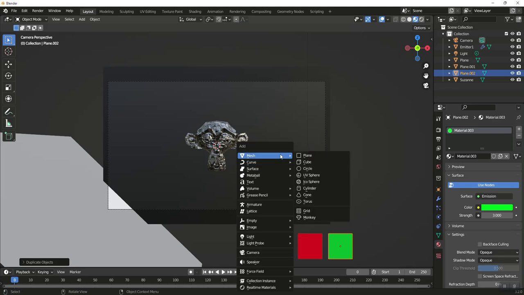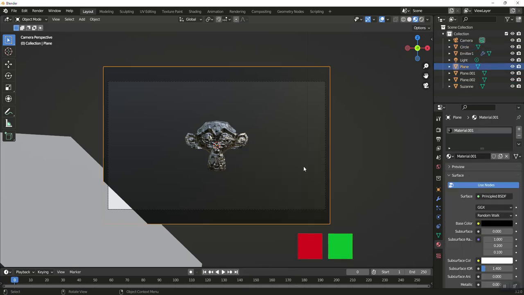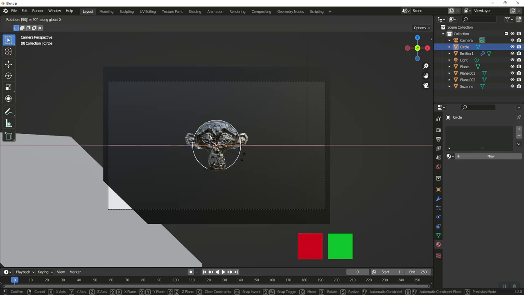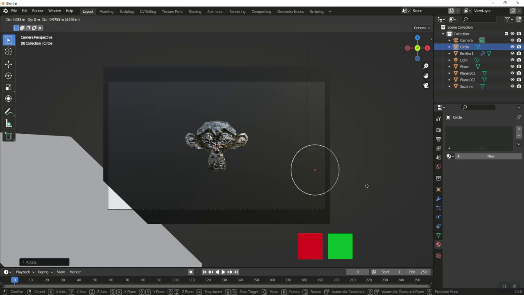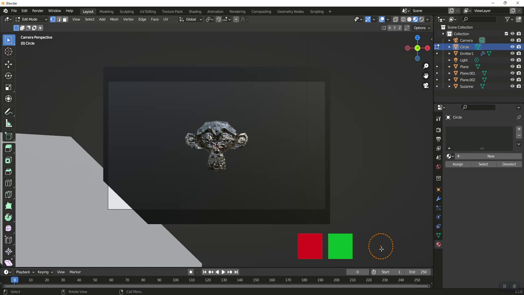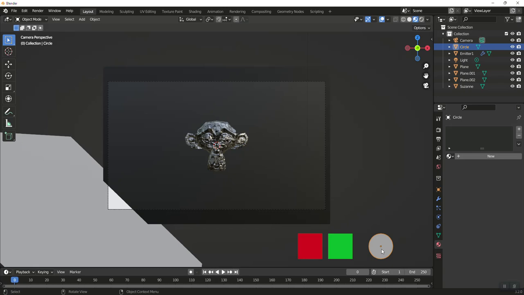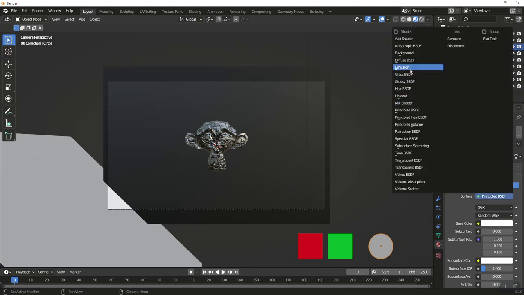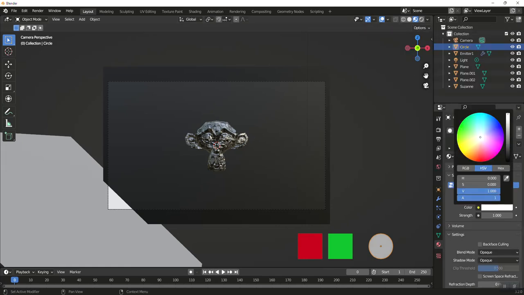I'm going to do a Shift A. I'm going to do a mesh circle, rotate X90. Well, let's try that again. I clicked on my background by accident. Rotate X90. I'm going to get that guy, pull him down here, scale 0.5. This is a circle that doesn't have any body to it, so we're going to hit Tab to go into edit mode, hit F to fill it in. I'm going to tab back out, and I'm going to give this a new emission shader, and we'll make this one yellow